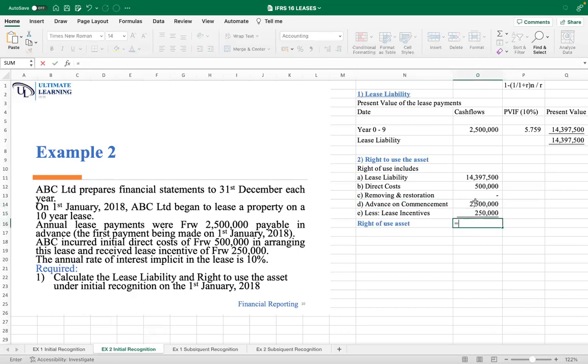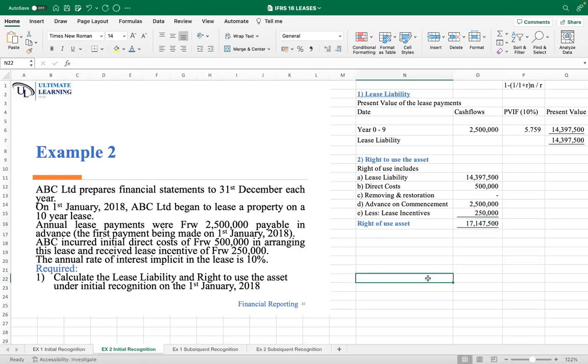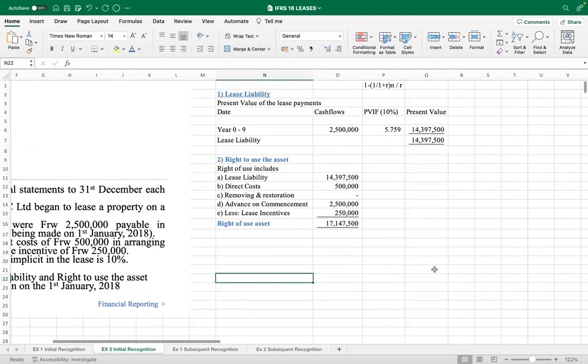So what is our total? 14 plus 500, plus removing, which is 0, plus 2.5 minus 250. So what do we have? The right to use an asset is that. Because we are in an online class and I don't want to take a lot of time in that. Now the question is, remember, this is under